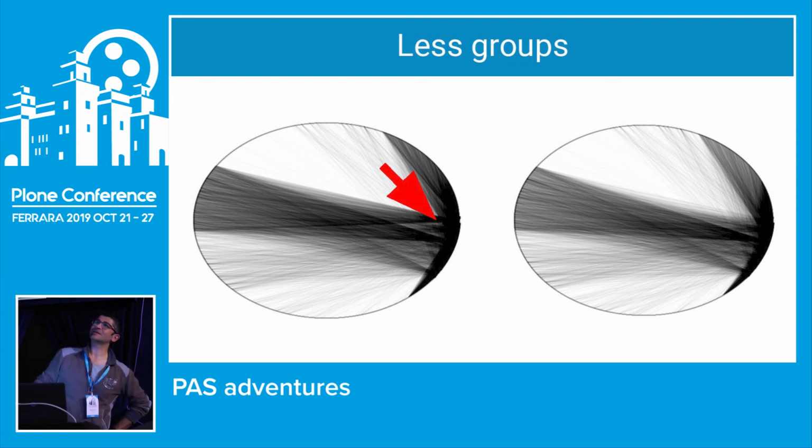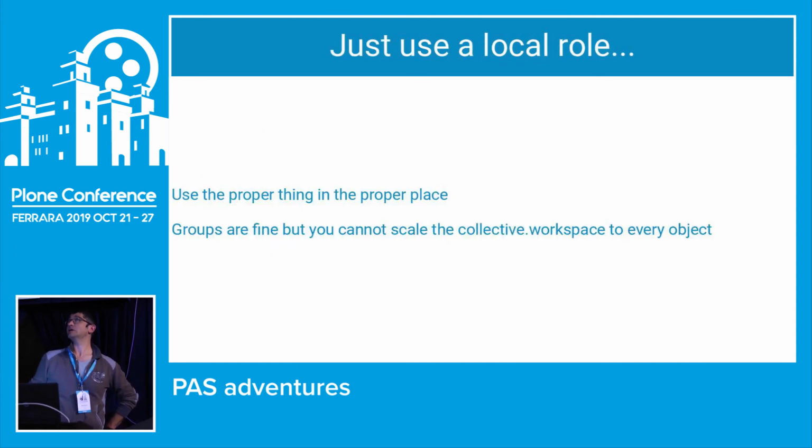So we replaced this group membership with regular local roles. It took time because we needed to reindex all the documents because, as I mentioned before, sharing a local role takes more time than assigning that user to the group. But basically, then you see that we lost all that connection, and so the browsing speed for him was really